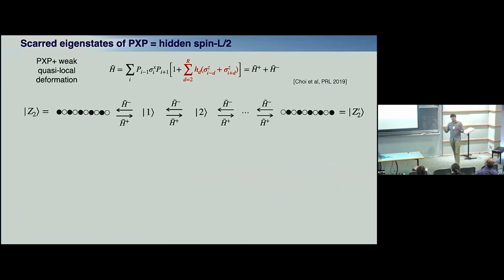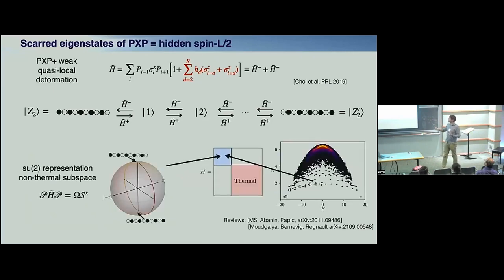So again, intuitively, in a cartoon way, this representation is like an embedded spin. It's a spin L over 2 that coexists in my Hilbert space with some other states. And on this spin subspace, the Hamiltonian is actually very simple. The Hamiltonian is just sigma x. One north pole is Néel, and the other is anti-Néel. Scar oscillations would be just rotating this spin.